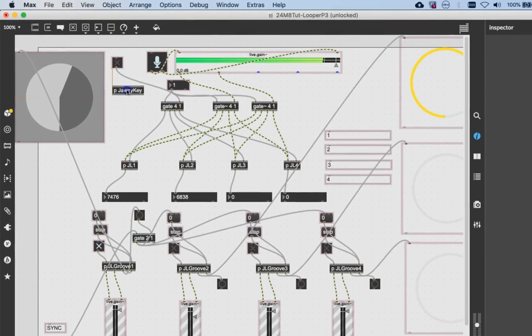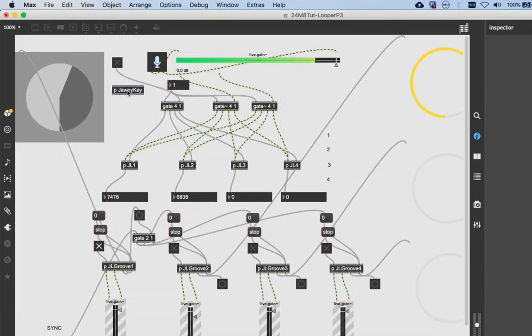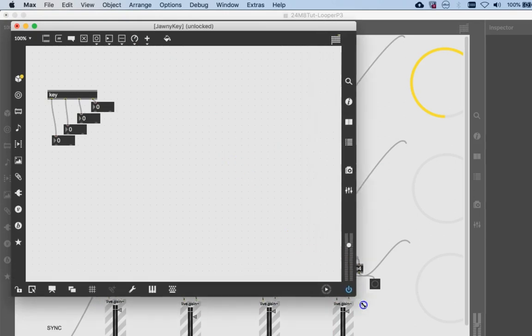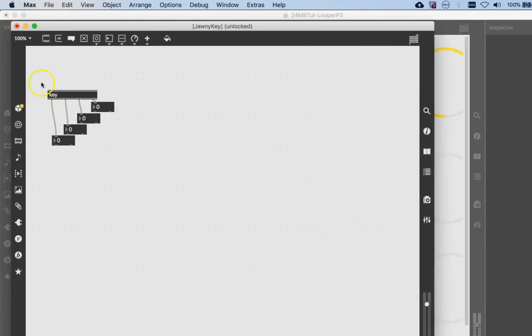Okay, so now that we have Johnny Key here, let's lock our patcher and double click on it so we get a nice open patcher with our stuff inside it. And now we have a little bit of room to work here. Alright, so